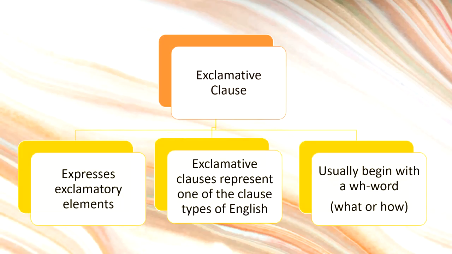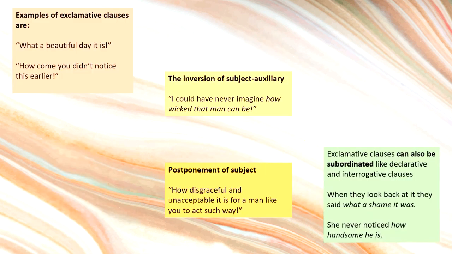Exclamative clauses usually begin with a WH word, for example, what or how. Exclamative clauses represent one of the clause types of English, and are used to express exclamatory elements. One example for an exclamative clause is what a beautiful day it is. Do note that exclamative clauses can exist in different forms. For example, when the subject and auxiliary word invert, when the subject is postponed, and it can also be subordinated like